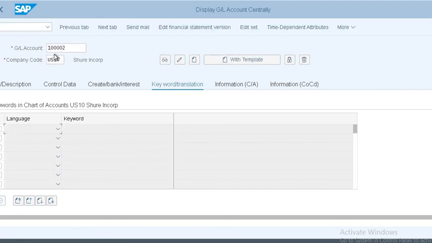So you did save. Now how many GL accounts do we need to create? One is for the loan account, another one is for the balance sheet adjustment account, and one is realized gain, another one is realized loss, and one more unrealized gain and unrealized loss. We need to define these GL accounts.